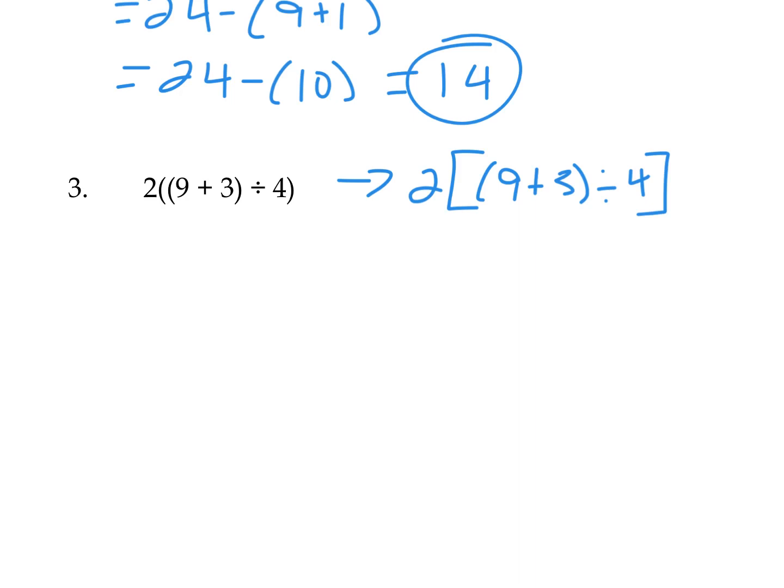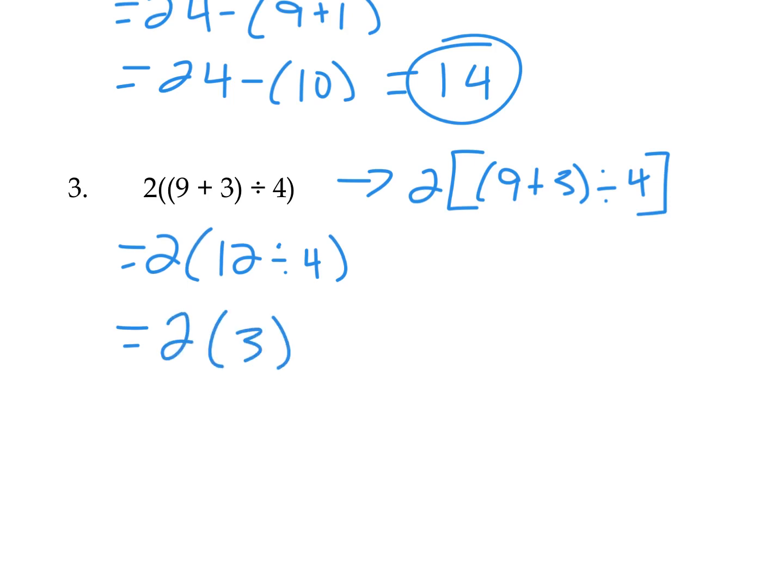In this case, inside that big set of parentheses, or in this case inside the brackets, we're going to follow our order of operations and do what's in the innermost parentheses first. So this is going to be 2, and then 9 plus 3 is 12 divided by 4. So now we're going to do 2, and then 12 divided by 4 is 3. And when we have a number next to parentheses, that's the same as a multiplication symbol, so 2 times